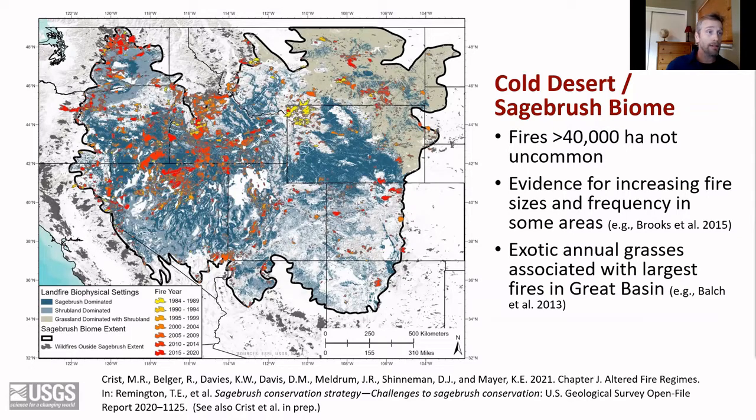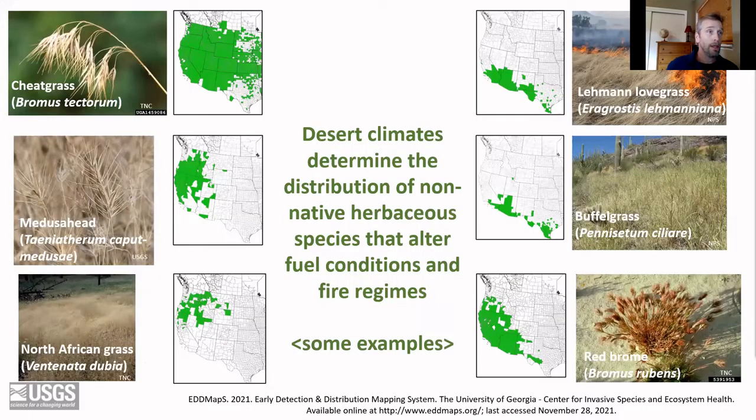Evidence for increasing fire sizes and fire frequency for portions of the sagebrush biome have been documented in a number of studies, and research has shown that the largest fires occurring in the Great Basin over recent decades have been associated with a disproportionate abundance of non-native annual grass species. Indeed, invasion by exotic grasses and forbs can alter composition, function, and structure of native plant communities, affecting fuels. Exotic herbaceous species often increase fine fuel loads and fuel continuity in these otherwise often fuel-limited systems, even at relatively